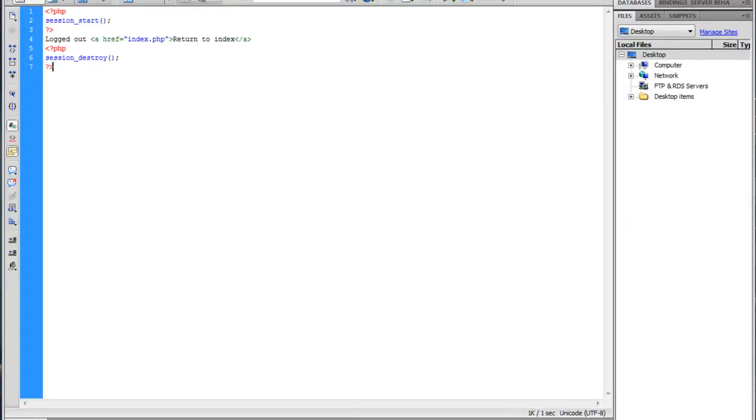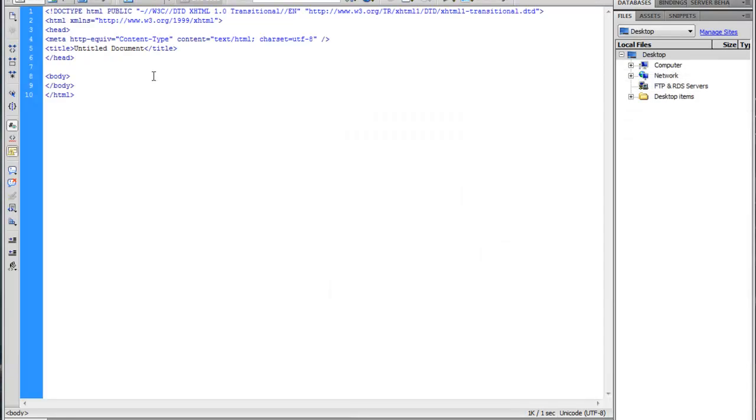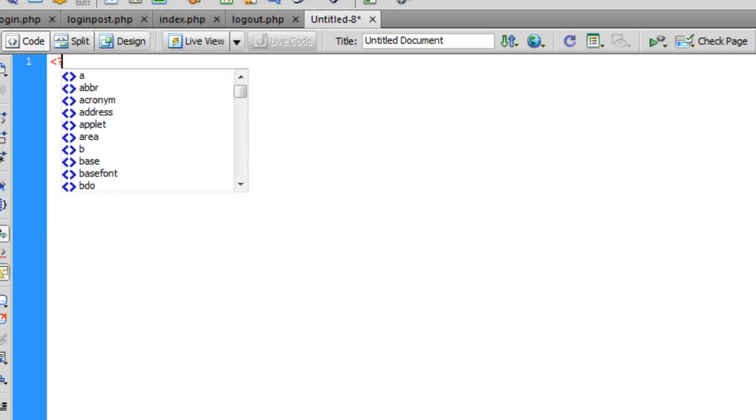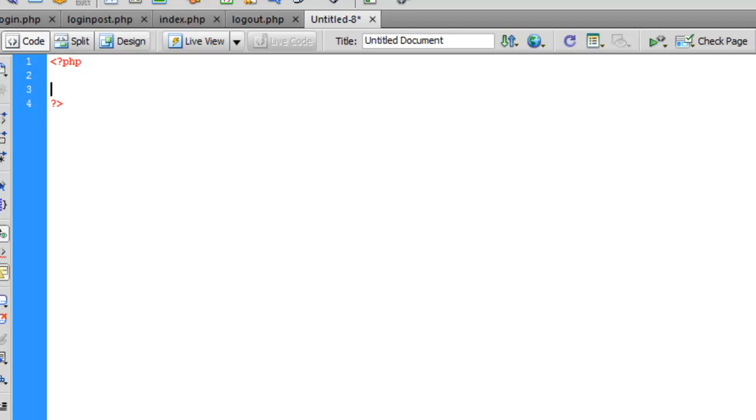Right. So first of all, we create a new file in PHP. We get rid of this, and we open up a PHP, close our PHP, session_start to start the session, require_once includes/connect_i.php. Since we're going to be using MySQLi to do most of this, we go: